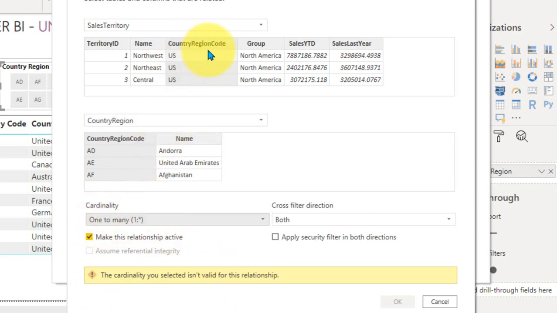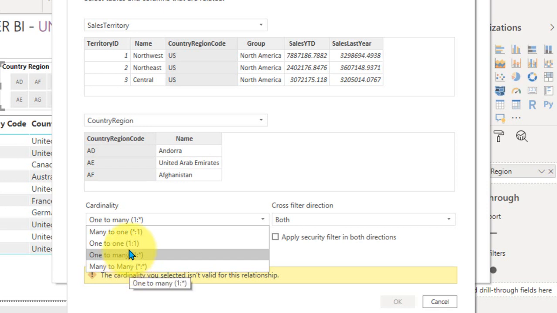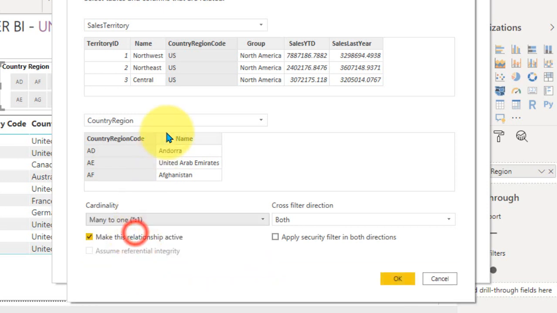In the country region code, the US has many rows here, so it understands that it is not able to make a one to many relationship in this scenario. Many to one and one to many are similar, but we need to select the table position, top or bottom, correctly.